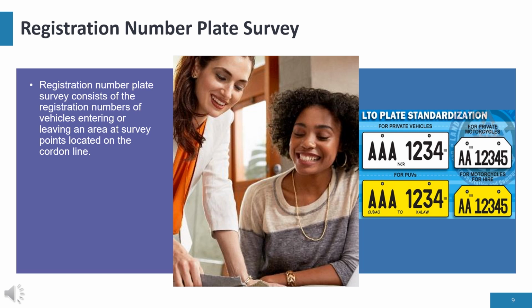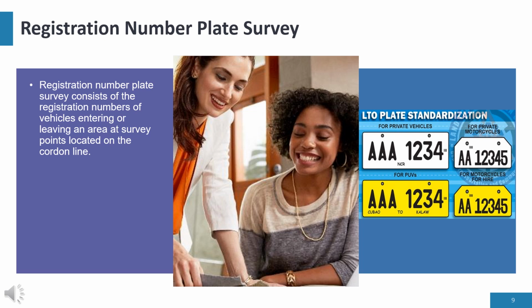Registration number plate survey. This technique is applicable to vehicles that enter the cordon or checkpoint, because the plate number of the vehicle serves as a count of vehicles that enter the specific town or area.